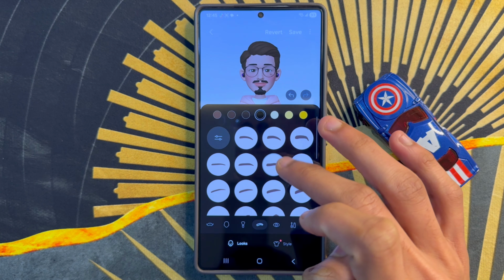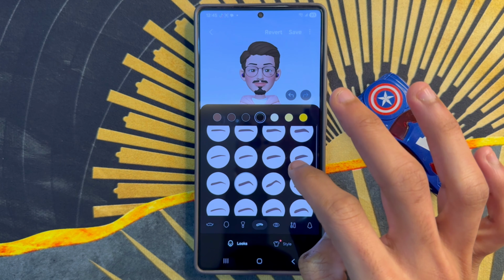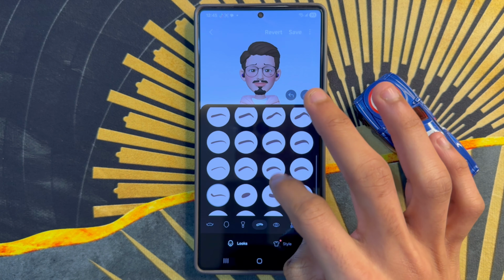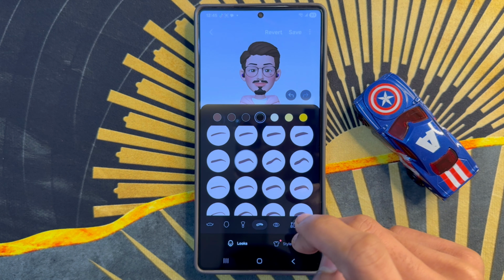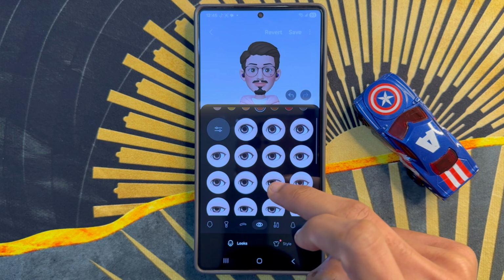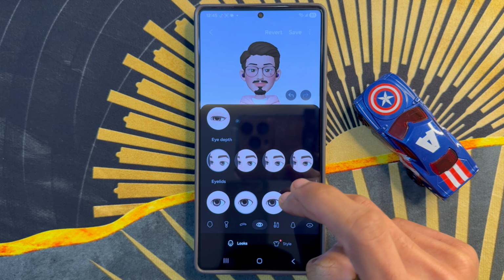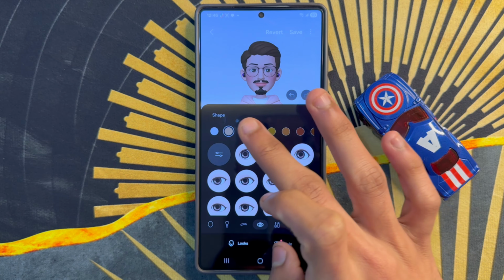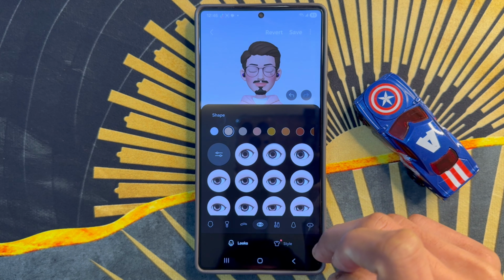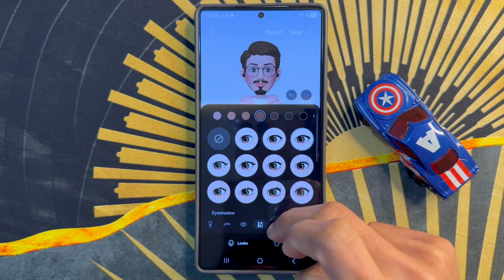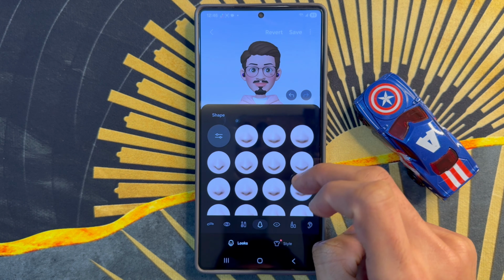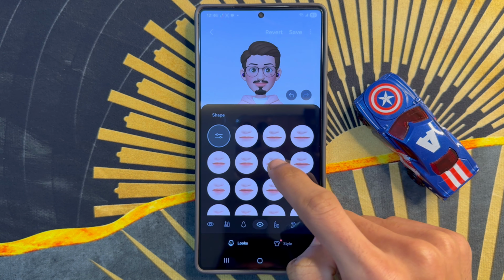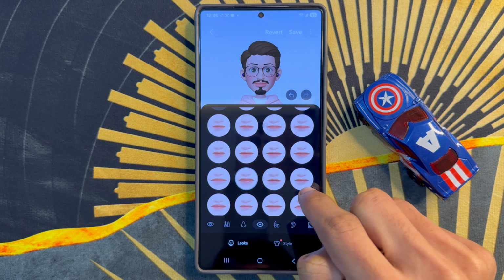and select eyebrow from here. And select eyelines from here and click. So you will select nose from here. So after selecting nose, click on lips. So you will select lips from here